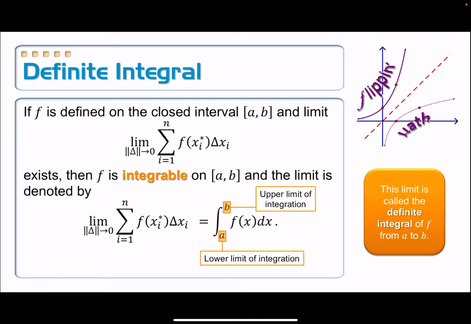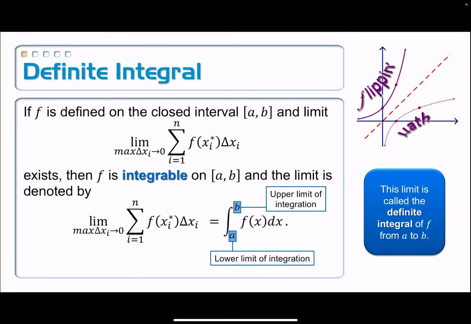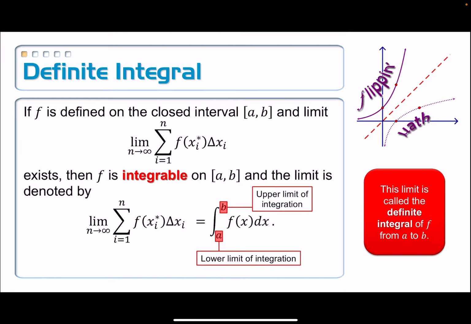Now, like I said, there is another way to write this norm thing, this thing that looks like a double absolute value of the delta symbol, and it could look like this. So it's the exact same slide in blue, now with this max delta x sub i. Oh yeah, but as the maximum width approaches 0, that is the same thing as the number of rectangles approaching infinity. And so usually, for the sake of us writing problems down, this is the way that we evaluate definite integrals. Instead, we take the limit as n approaches infinity of this Riemann sum and call it